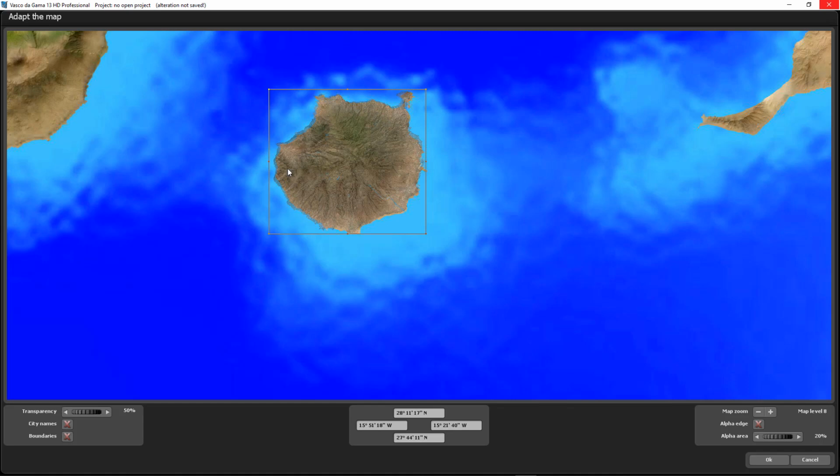And since we are working on an island and our own graphic is transparent in the surroundings, we don't have the need for an alpha edge. But when you are working with the graphic onto a country, onto a continent, then you can activate the alpha edge that will make the border of your image semi-transparent, and the size of the alpha area you can adjust with this wheel. So in this case we don't need it, so I deactivate it, and now we press